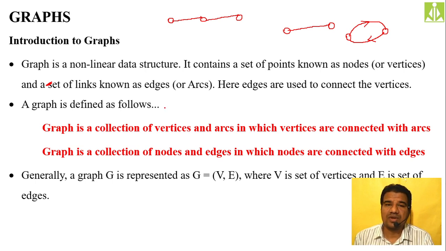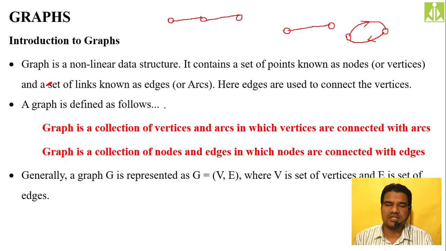So unlike your tree data structure, we said inside a tree there must be n vertices. If you have n vertices, then there must be n minus 1 edges. That is the property, that is the logic behind a tree data structure. So if a graph satisfies that property, then only we said that graph is a tree, isn't it? So when we are talking about a graph, there is no such property. There is no requirement that you have to maintain n vertices and n minus 1 edges. It should not be like that.